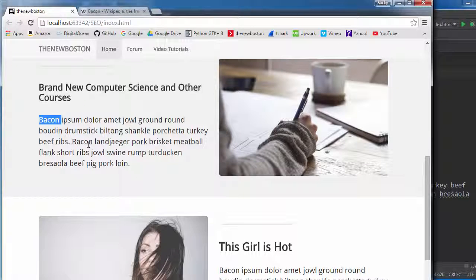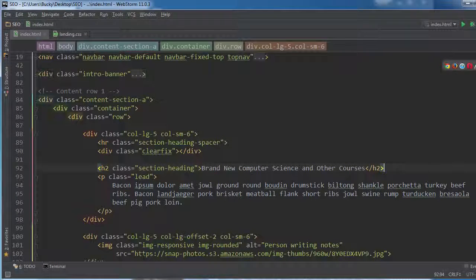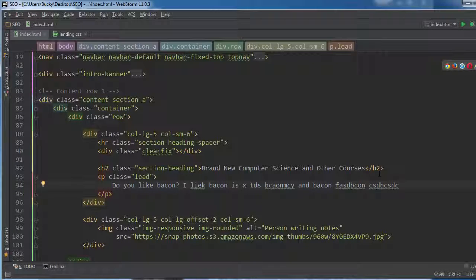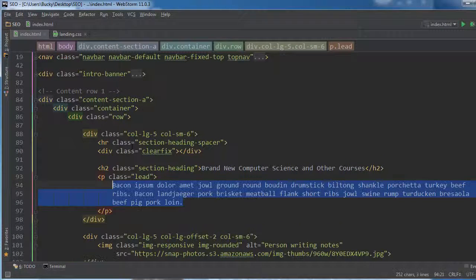So I know what you're thinking already. All right, I want to have the #1 ranked bacon site. So I'm just going to write something like this. Do you like bacon? I like bacon. It is very bacony, and bacon is crispy, and bacon. You're just going to throw the keyword in like 7,000 times. Look, man, I'm a really good, accurate typer. But guys, I am warning you, do not do this.